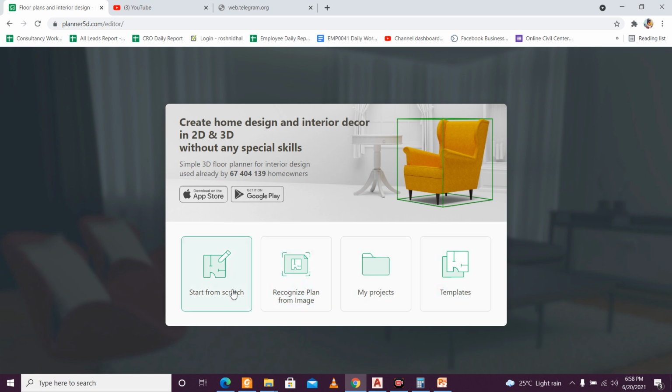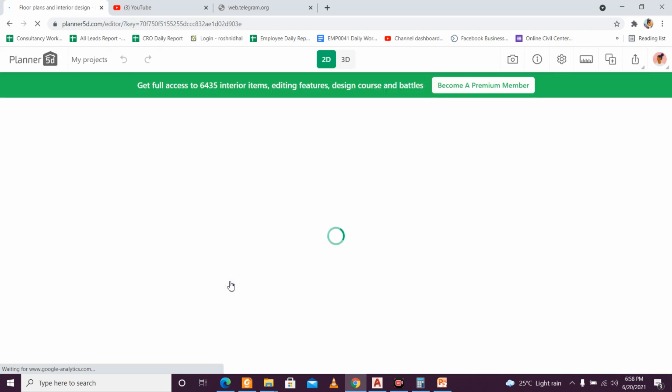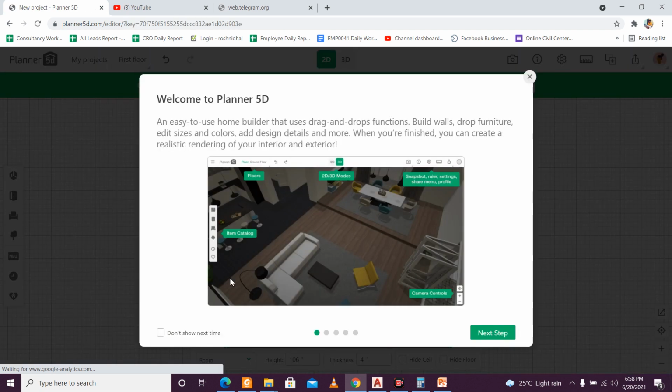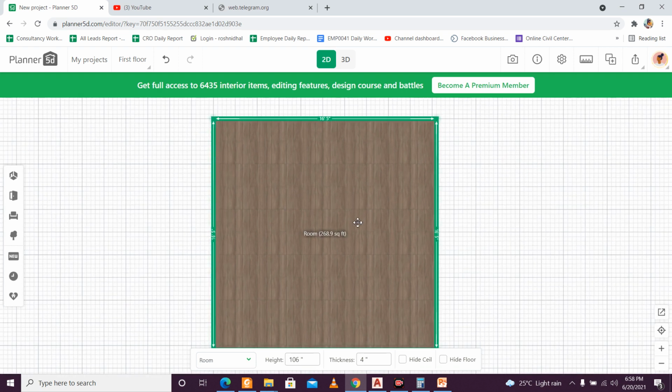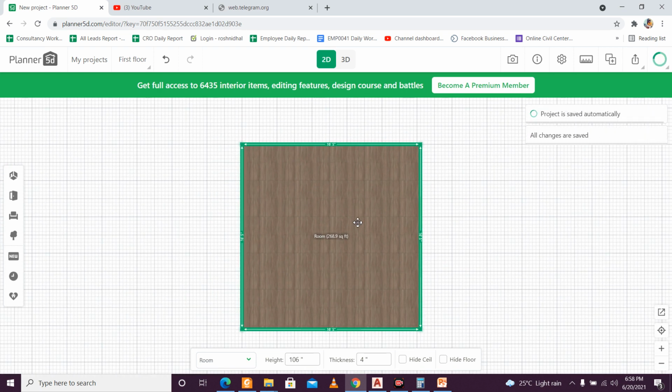So I'll just open a new project from scratch because as a civil engineer, we want to just check whether we can make a customized plan or not. So we're going to check that. That's why I'm going to make this.